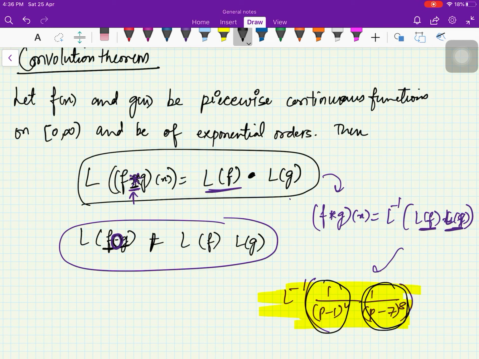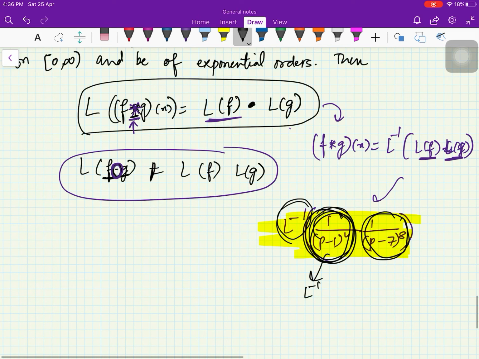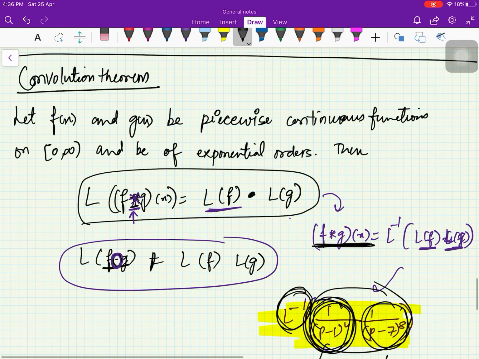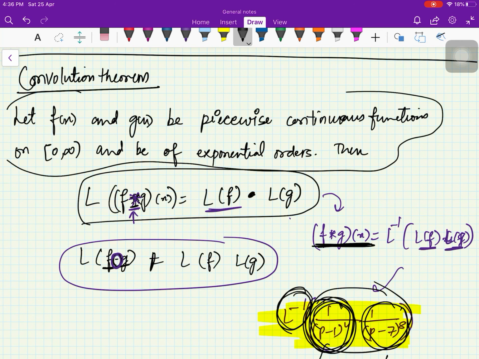But now this theorem says that if you have a product of two functions in p or s and you want to take the Laplace inverse, then take the Laplace inverse of the first function, call it f, and then take the Laplace inverse of the second function, call it g. Then the Laplace inverse of the product will be the convolution of these two. We will practice these questions and we'll see that this is quite useful. So first of all we'll prove this theorem in the next video, right, and then we'll do